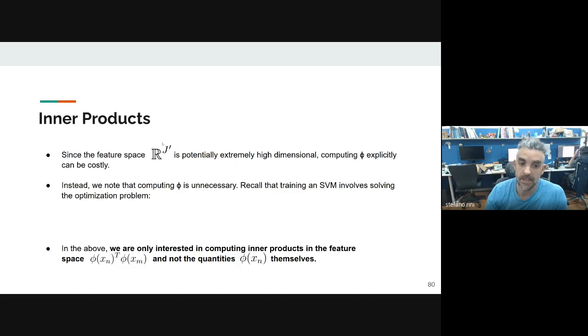Okay, so if this j prime has a very large dimension, let's say 1,000,000, then you would not want to store the projection of x to a very high dimension, because if your n is equal to 10,000, then you have 10,000 times 1,000,000, which is 10,000,000,000. So a very large dimension. But if you store the inner product, it is only one number. So 10,000 by 10,000 is 100,000,000. So you will end up storing much less information if, instead of storing the projection in the higher space, you store all the inner products of your dataset points at the higher dimension.